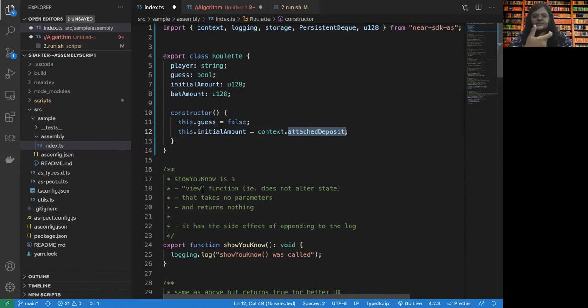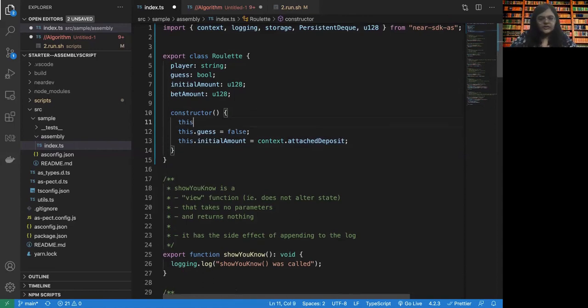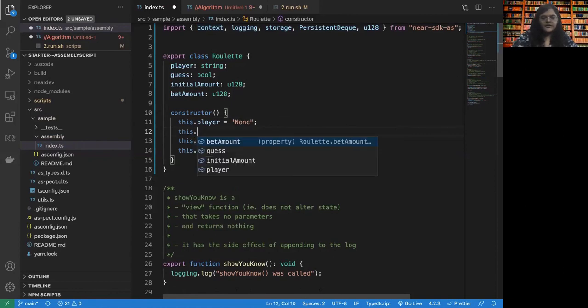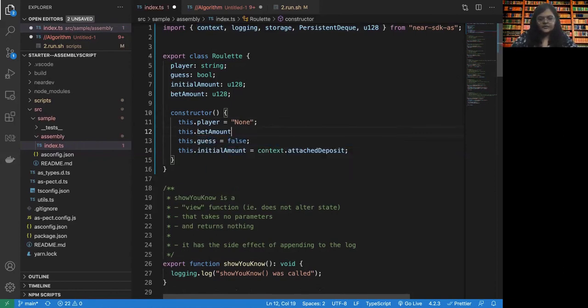So the initial deposit plus the bet amount will together become the final winning amount. So let's say this dot player we just say none, this dot bet amount for now we'll call it 0.